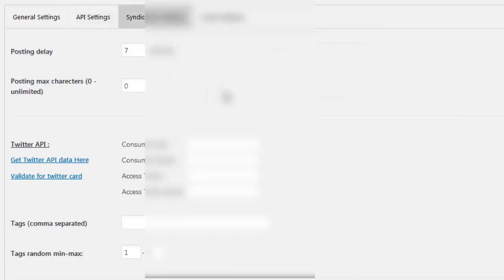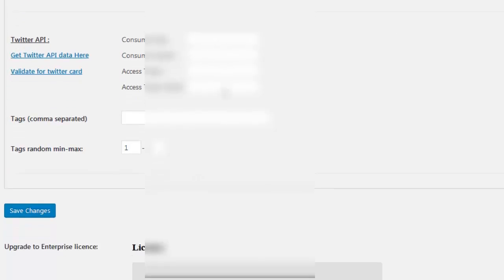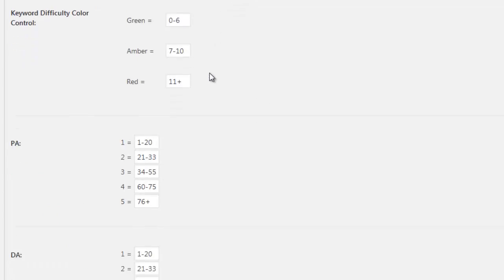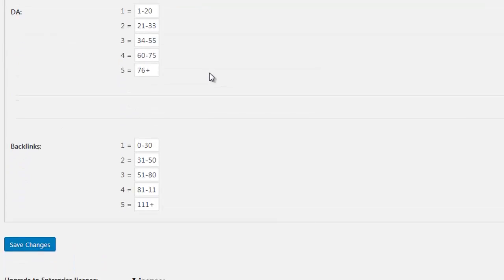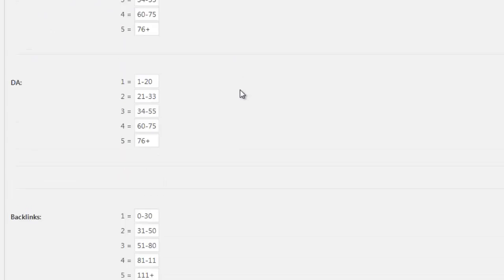for auto social syndication. And inside of the comp analysis tab, you're able to control and fine-tune the keyword difficulty system to your liking. Each one of the Moz metrics can be given its own value, and you can control what values will control what colors to show. Green is for easy, amber is for moderate, and red is for difficult. It's your very own customizable traffic light ranking system for quickly gauging how easy or difficult it will be to